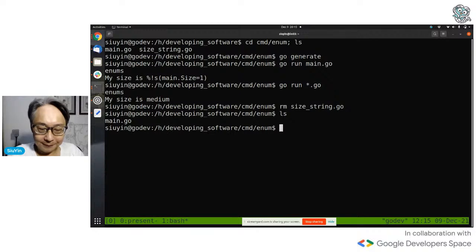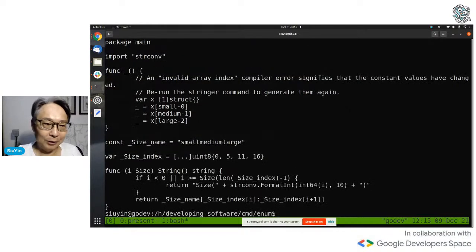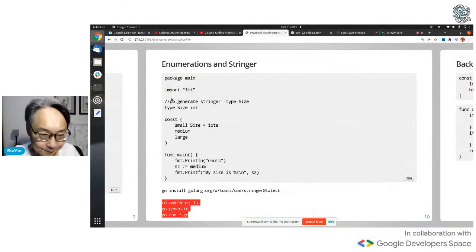Size.go is gone. Size, not size.go, size string.go is back. If you type that, don't look at it, it's generated code. Looks nasty. But it's auto-generated for you. All right, back to the presentation.